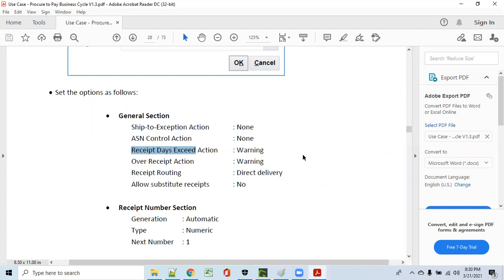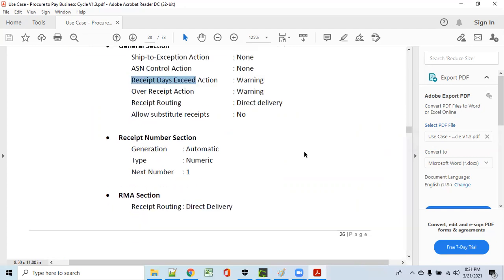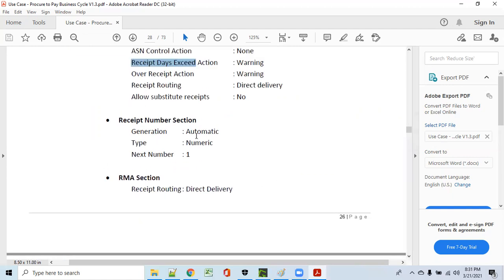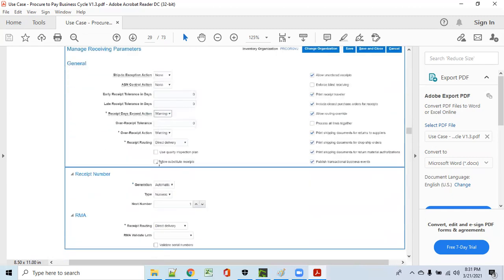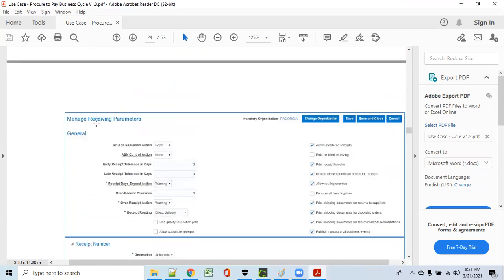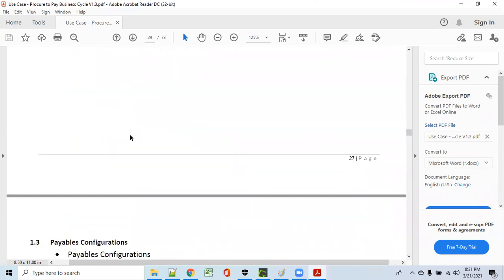These are the three routings supported by Oracle. And how to generate your receipt numbers. And RMA, return merchandise authorization. So you found that something was damaged in your material after receiving from the supplier, and we want to return that. So what is the receipt routing for RMA action? All those things we are going to define in the receiving parameters.